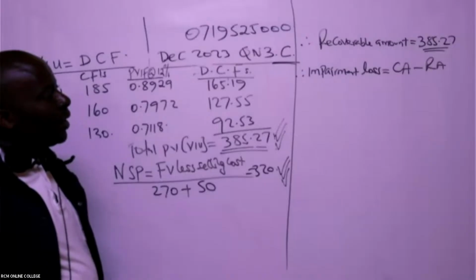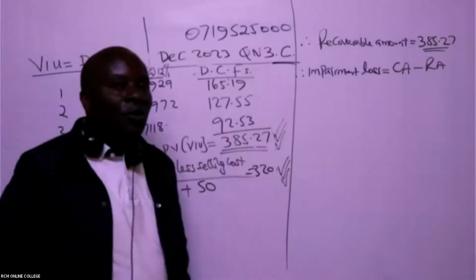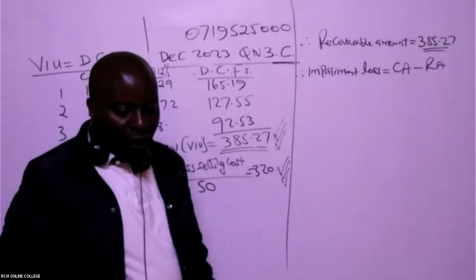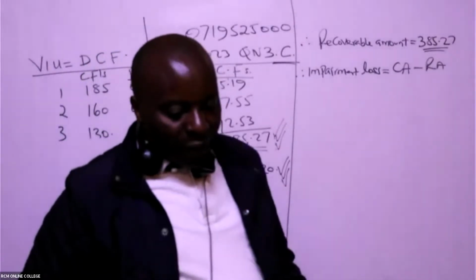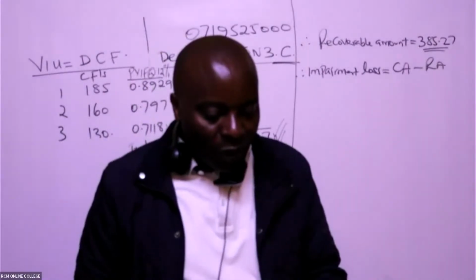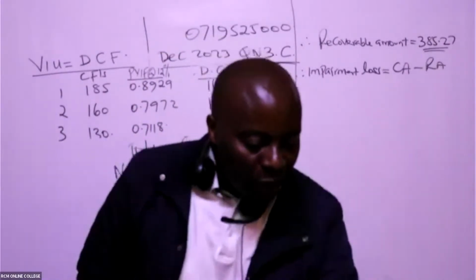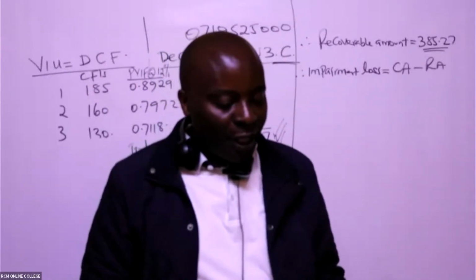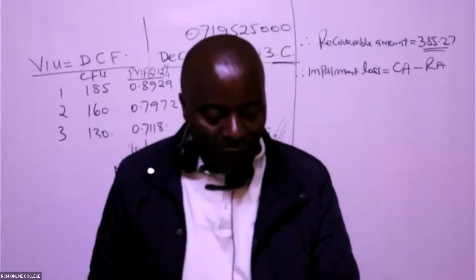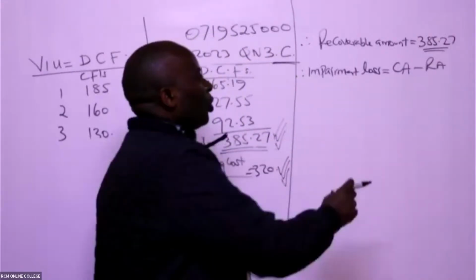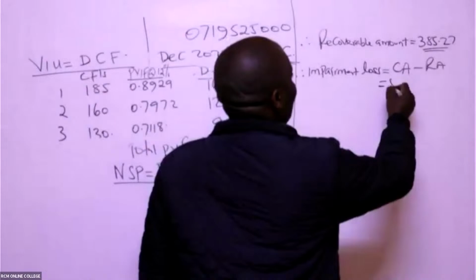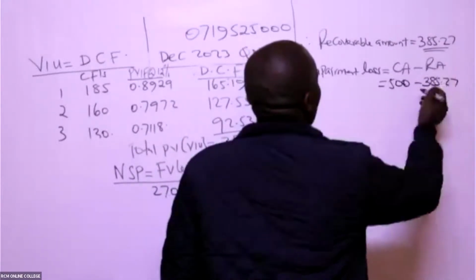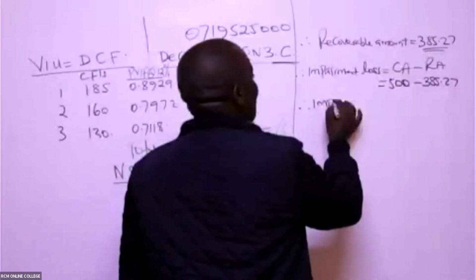All right. Then are you able to see the carrying amount of our assets in the question? Yeah, the carrying amount in the question given up there before the notes, the very first table, where we are told C, a division of Z1 Limited, has the following non-current assets, which are stated at their carrying values as of 31st December 2022. Total is 500. So 500 minus our recoverable amount, which is 385.27. Therefore, the impairment loss